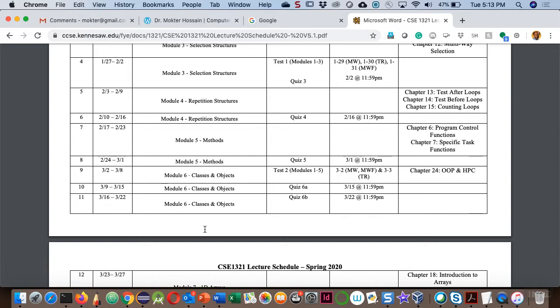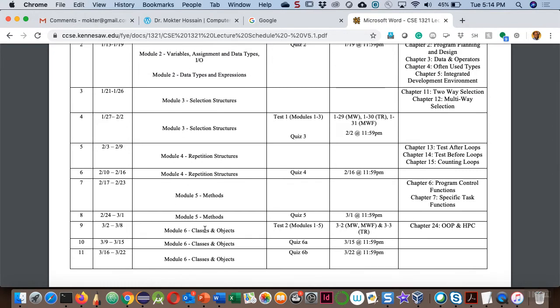We have main things left. So at this point, I believe that what I told you at the beginning of this semester, I will teach you how to walk on the field of programming, right? If you understand this, up to module 4, you should be able to stand confidently on the field of programming, right? What do you mean by stand? You should know what a program is, how to write a program in 3 programming languages, C++, Java, and C#,